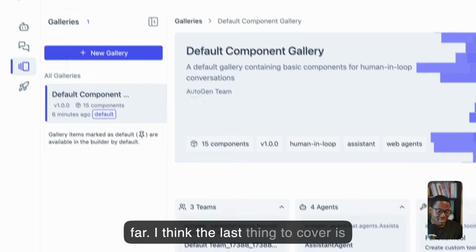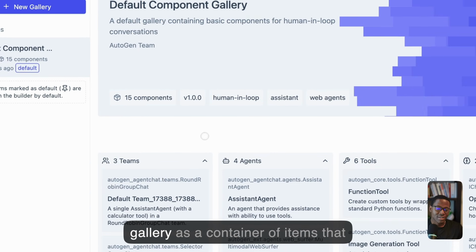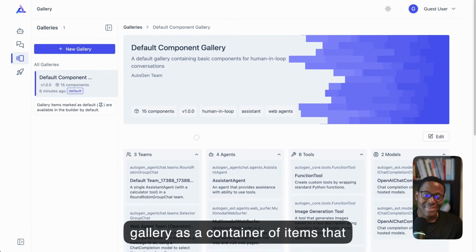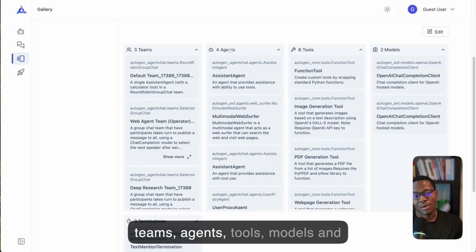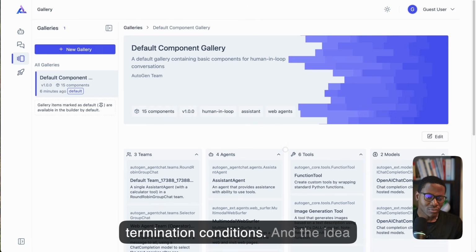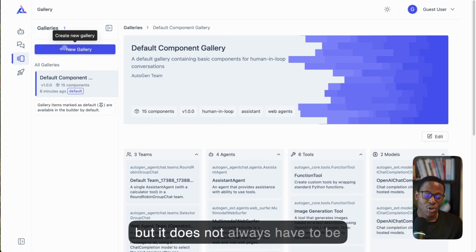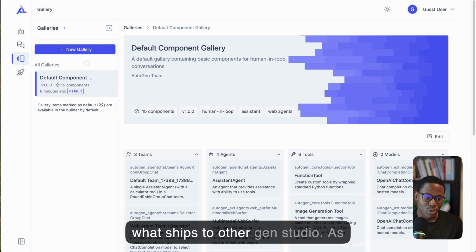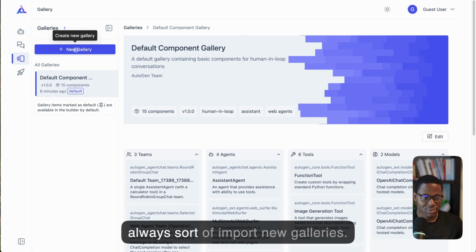I think the last thing to cover is the idea of a gallery. Think of a gallery as a container of items that you can reuse. It has things like themes, agents, tools, models, and termination conditions. The idea is that you can have a default gallery, but it does not always have to be what ships with AutoGen Studio. As folks explore and build more of these types of galleries, you can always